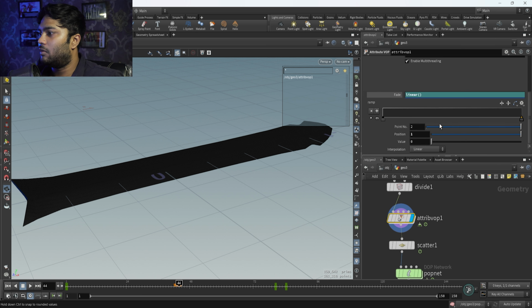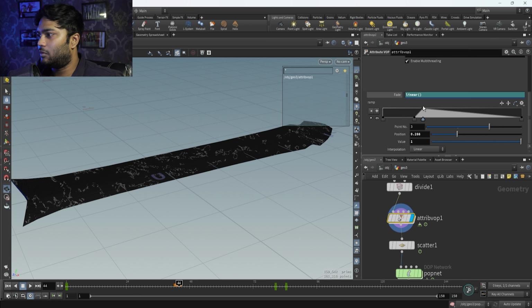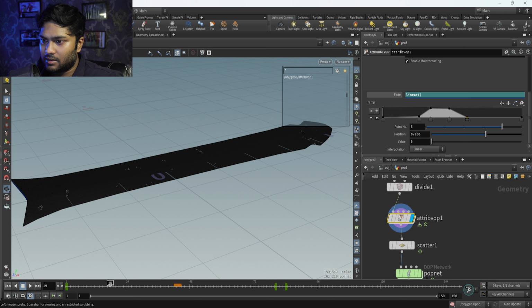Okay, and now we have to do one thing. We have to just change the curve here, that is like this. You have to do like this, and you will just select the edges of that. Okay, like this. The way I'm doing this, you have to do the same. Okay, see this, like this. You are going to choose the edges of the ramp.